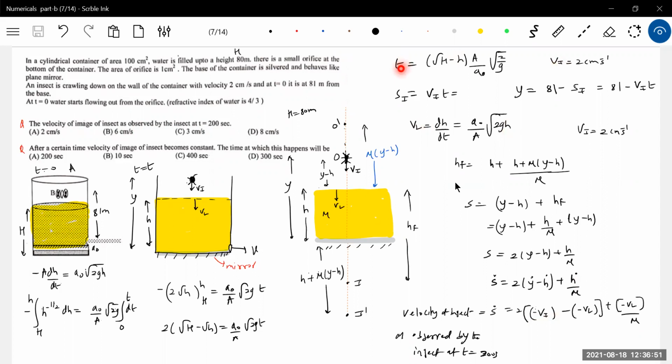What is t? t equal to 200 seconds. Substitute that, you'll get h. Substitute here, then you can manage here. No need of calculation of all these things. Our discussion should be from here. H is needed. If you can get h, you can save time. That's what I mean to say, like the time taken to empty the tank. You have to save time. If you can remember this, you can proceed from here.